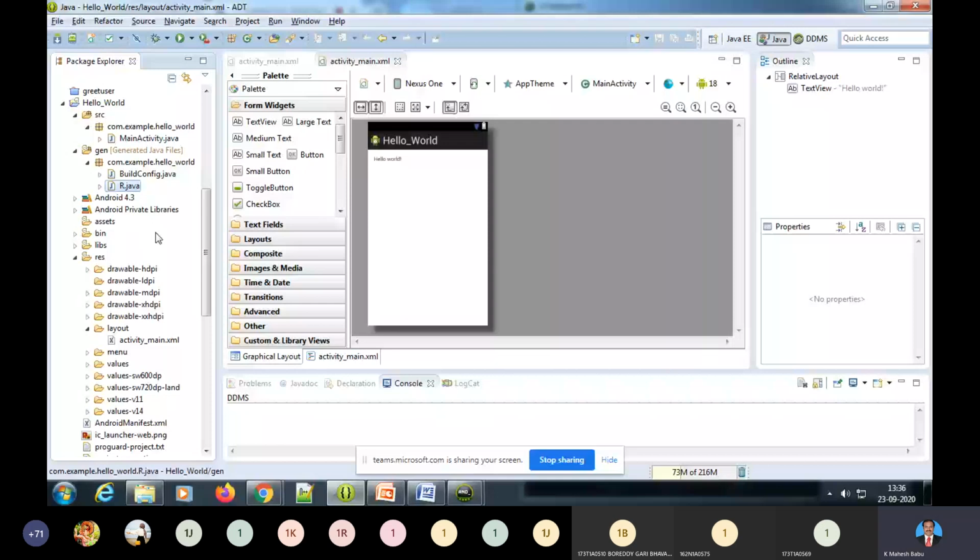Every time we write, we keep writing R dot. So whenever we refer to anything, with R.id, R dot like that, we are referring to particular components which are used inside the design. Remember one thing: R is a very important file which is not meant for us. We should not alter anything inside R, right? Next one is